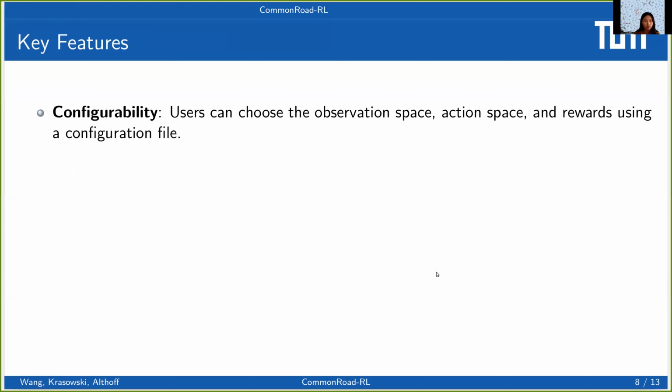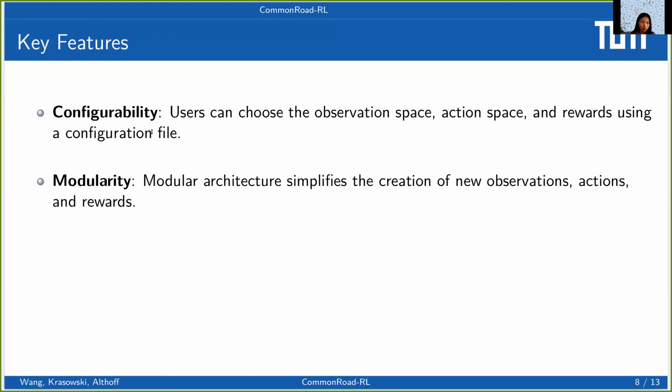So now we've seen the core elements of CommonRoad-RL. Here are its key features. The most important one is configurability. The users can choose the observation space, action space, and rewards using a configuration file. Modularity: if the desired observations, actions, or rewards are not provided in our environment, our architecture makes the creation of one's own really simple.